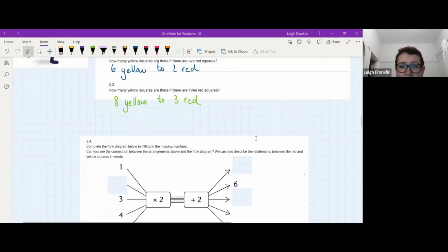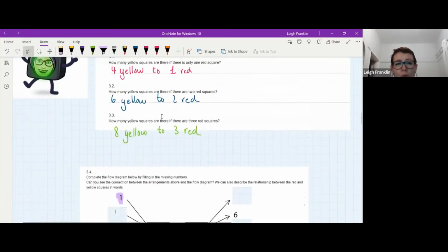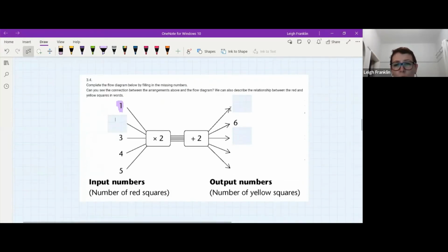All right. So now let's have a look at a flow diagram, which is another way that we can represent a relationship between quantities. I'm hoping that you're going to be able to see the connection between the arrangement above and our flow diagram. We can also describe our relationship between the red and the yellow square in terms of words. When we have one red square, we saw that we had